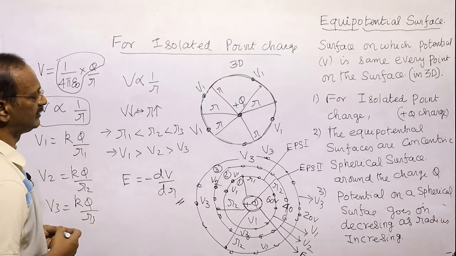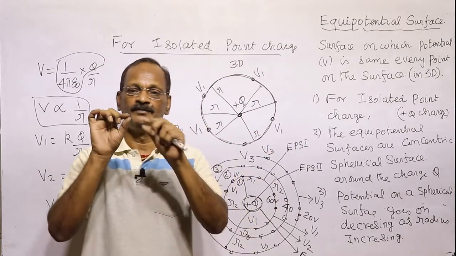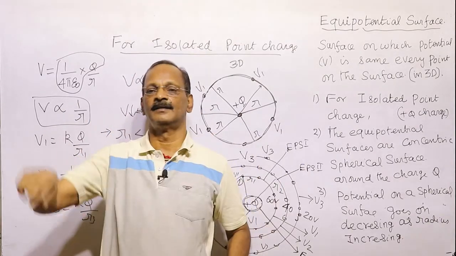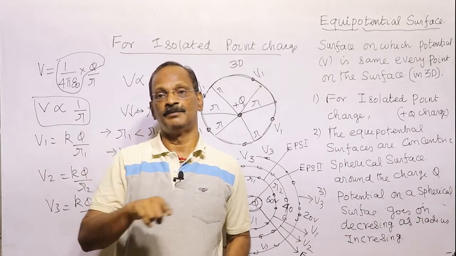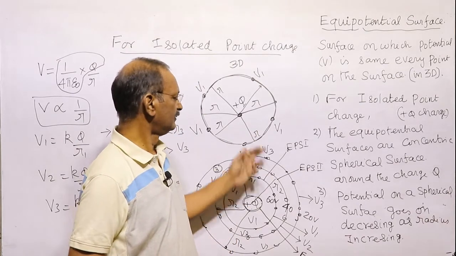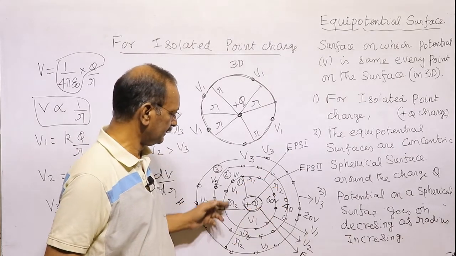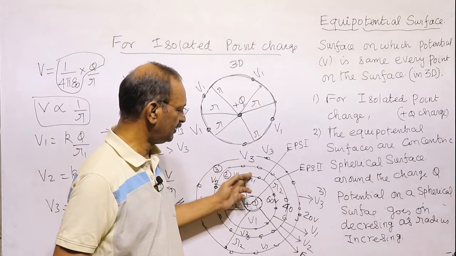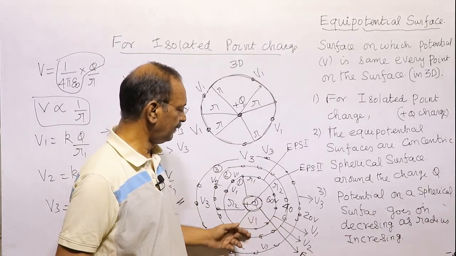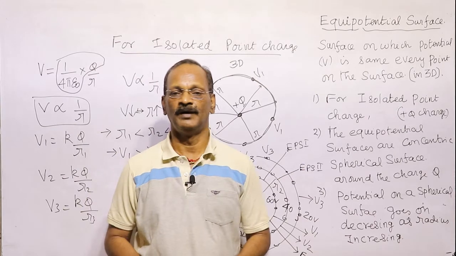This is the case of concentric surfaces, the case of a point charge. For a point charge, at every distance from the charge we will have one equipotential surface, and at another distance we will have another equipotential surface. The potentials are the same on the same equipotential surface, but the potential at this point and at this point are not the same, while here the potential is the same. That is why it is called an equipotential surface. And all the points here have the same potential, but this potential is not equal to the potential at that point, and vice versa.